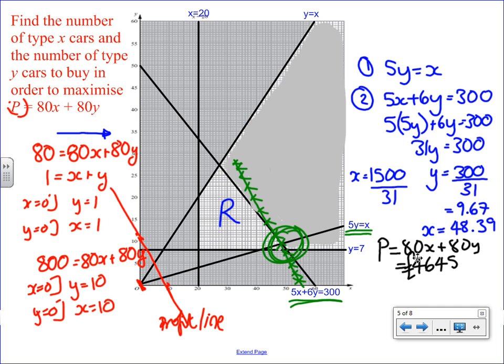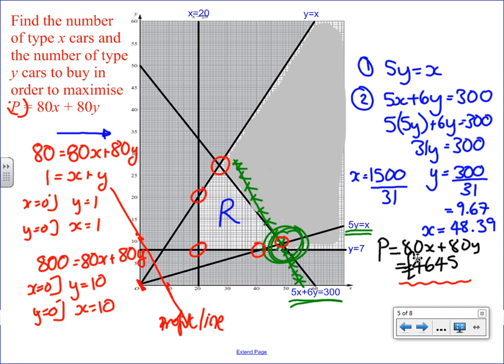Now, obviously we could have done the vertex method, which would have meant that we would do simultaneous equations on this, this, this, this, this, all those. Then we'd have 5 combinations of x's and y's. We would calculate the profit for all 5 and then go, oh, that one's the biggest. So the solution to the problem, if we go back to the original problem, is that we should buy apparently